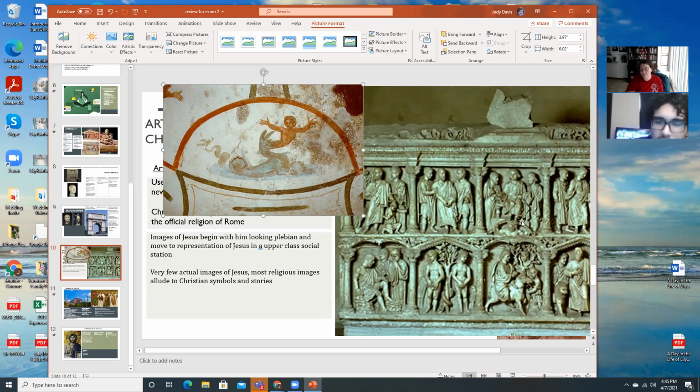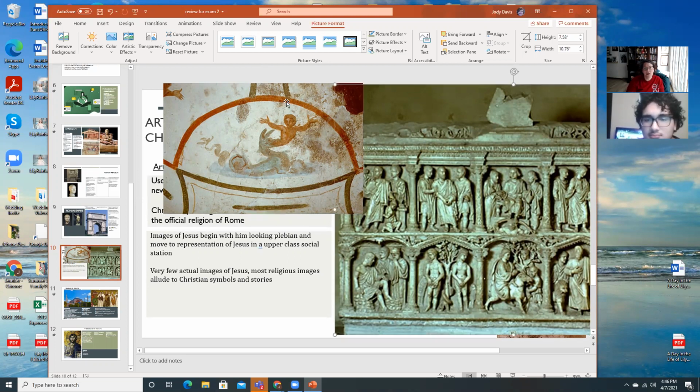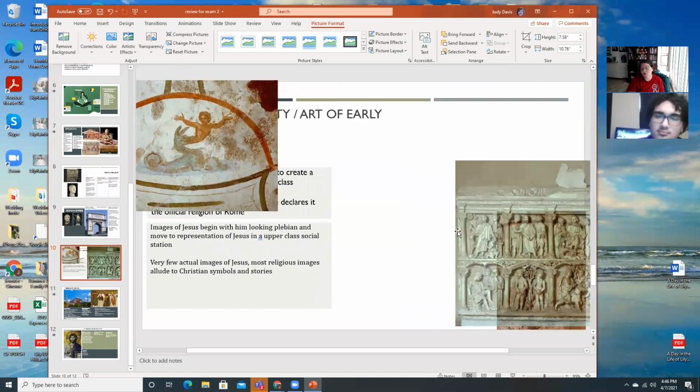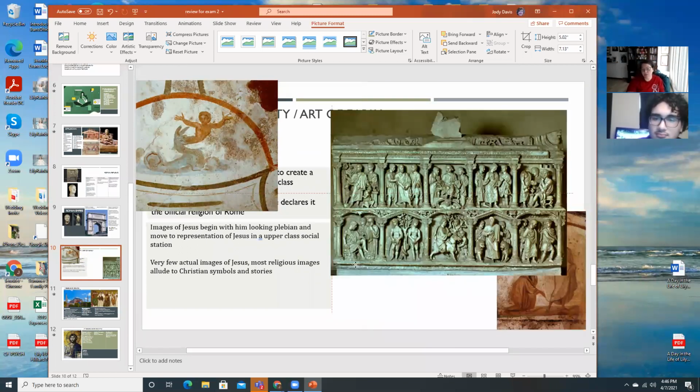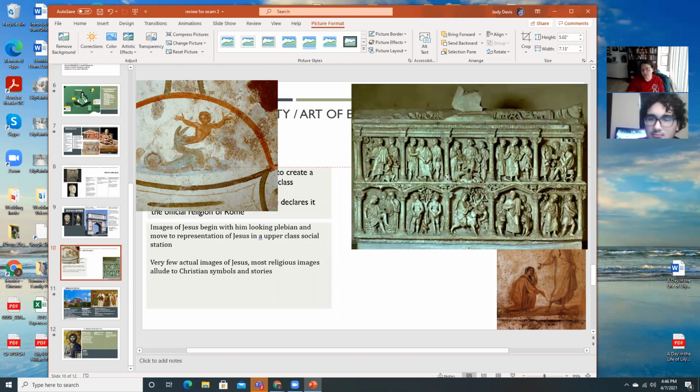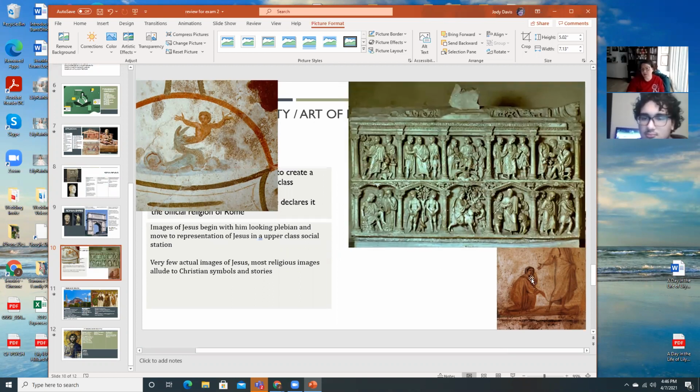He's stepping on the pagan god Zeus. His head is fairly large. His hands are fairly large. His body's pretty short. Here in Adam and Eve, you've got these big heads and squatty bodies. And that's going to happen until we get to the first golden age of Byzantine. Things slowly change for the depiction of Jesus. He becomes a depiction of royalty in heaven in the Byzantine era, but it takes some time.